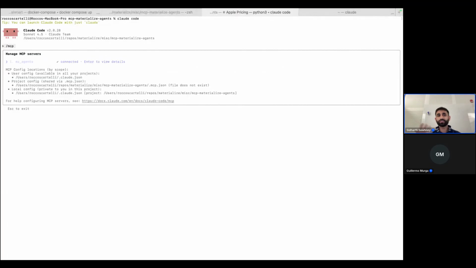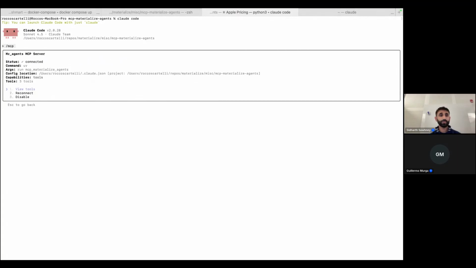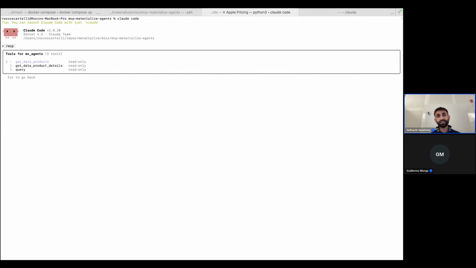This tool is the tool to query Materialize, which I showed from the slides as a tool all AI agents would get for the smart shopping cart. Now, this AI agent has a few different options. It can get the data products, it can see the details or the metadata, and it can also query.